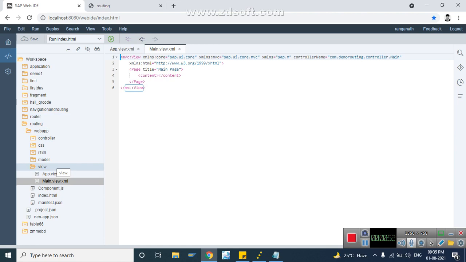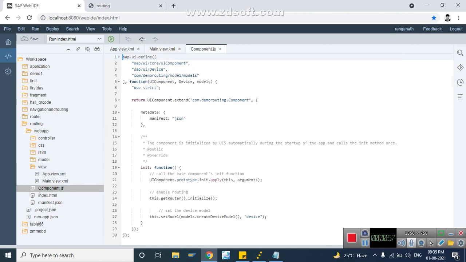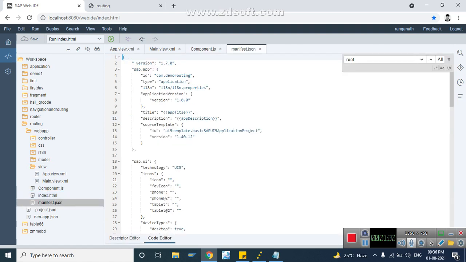The process of loading the files is, first we load the component.js file. Inside component.js we have the metadata property. With the help of the metadata property, we are loading the manifest.json file. So now it will go to manifest.json.